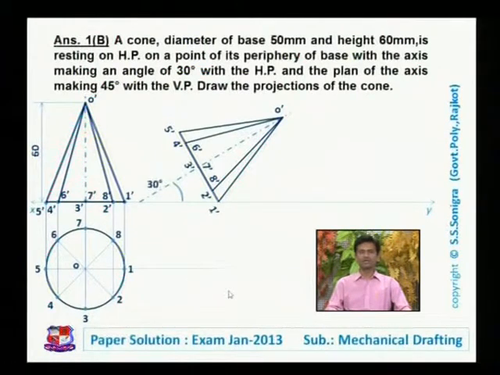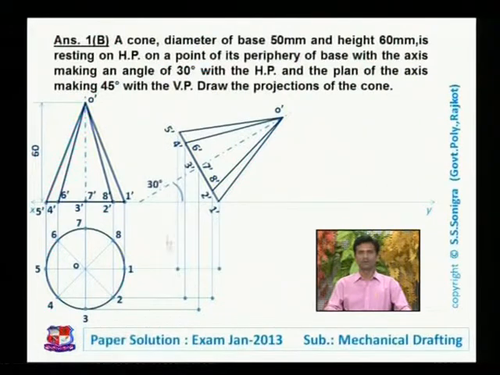Now to draw projection of this front view in this top view, draw horizontal line from these points, horizontal line from 1, vertical line from 1 dash, both will intersect at one point. Similarly, horizontal line from point 2, vertical line from point 2 dash, another point is here, horizontal line from point 3, vertical line from point 3 dash, another point is here, this is point 3. Then for point 4, horizontal line from point 4, vertical line from point 4 dash, this is point number 4,